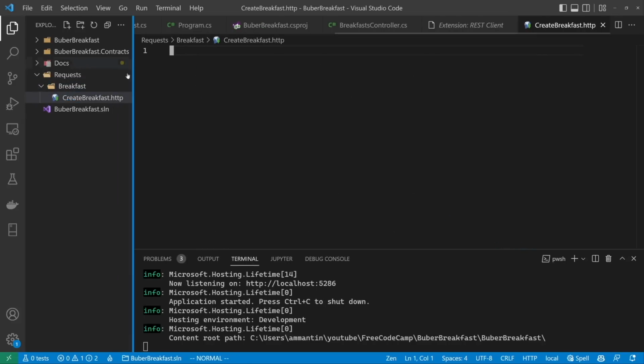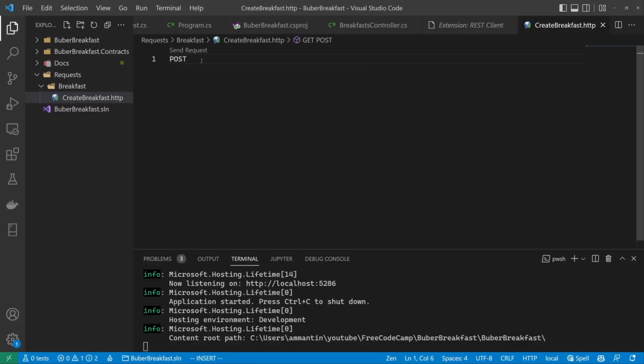Okay, so it's simply a file that ends with .http. The way this extension works is you basically just write the request that you want to send, and you can see that just writing the HTTP verb already pops out this send request option that you simply click and it sends the request for you. So let's open our API definition again on the right